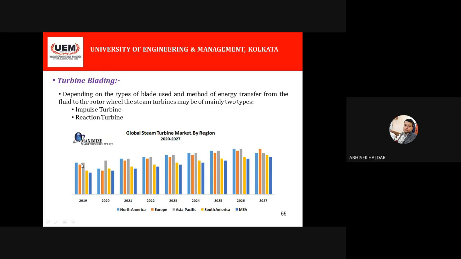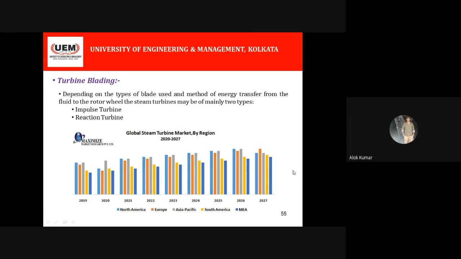In North America and the other countries, you can see it is more or less the same. The use of steam turbines is gradually increasing. It obviously does not say that there will be no place for renewable energy. It's not like that. But we cannot say that after 5 years the whole global steam turbine market will be down and the renewable energy market will be up. No, renewable energy will obviously go parallel to it. That is the main thing. There are so many statistics; I have taken this one for your reference. Is that clear?